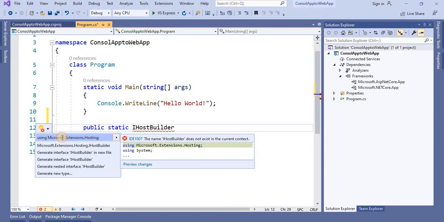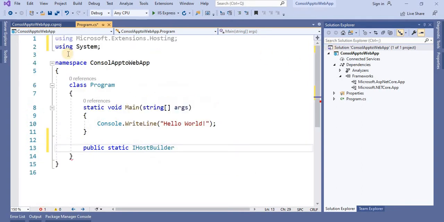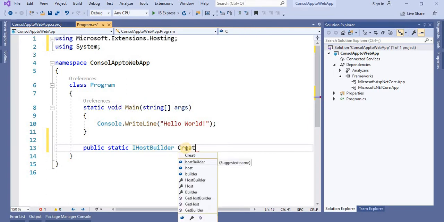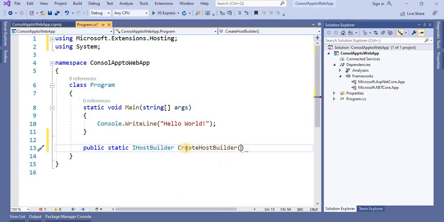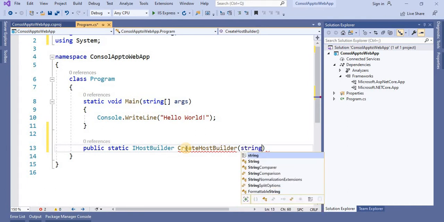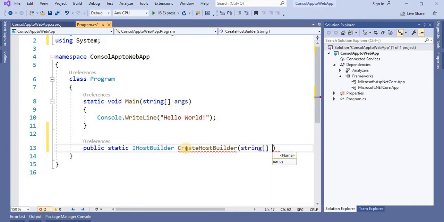So let's add IHostBuilder, and take the reference of this. This is Microsoft.Extensions.Hosting, which is added here. Now we have to give the name, and the name we are going to give is CreateHostBuilder. It will take a parameter if we pass one, so we take a parameter as an argument, string args, meaning an array of strings.